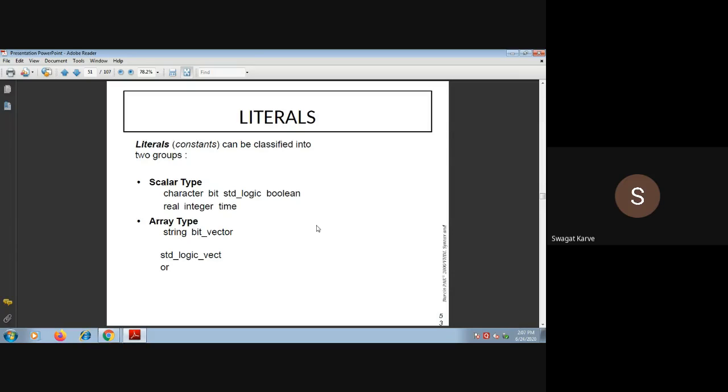Which literals come under scalar type? Character, bit, standard logic, boolean type, real values, integer values and time values. So these are the types that come under the scalar literal types. Now in case of array type, which are the categories that come under the array literal type? String, bit_vector and std_logic_vector, right? So these are the two types that come under the